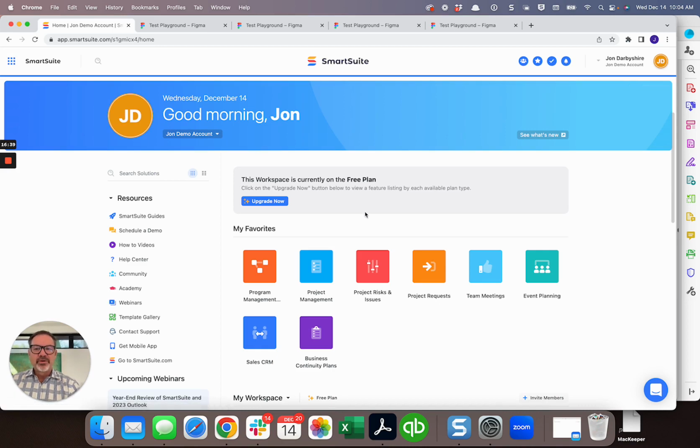Man, there's a lot more, but I've hit my 15-minute mark that I wanted to hold to. But hopefully that gives you an idea of how SmartSuite plays in the overall space of productivity, no-code platforms, work management, business operating system, those types of things, and how we compare against